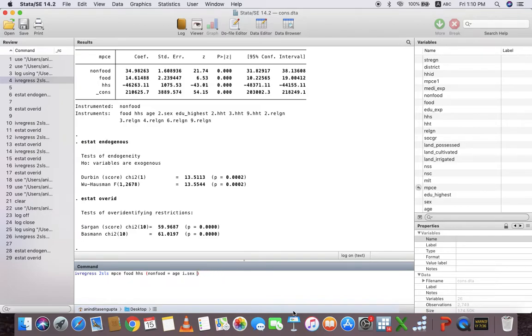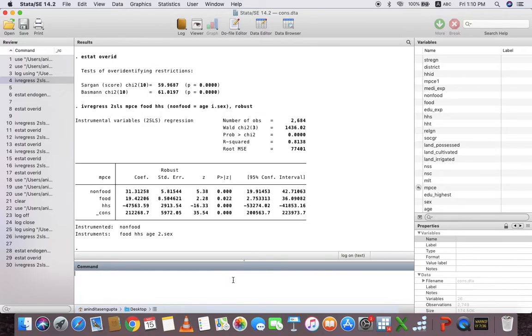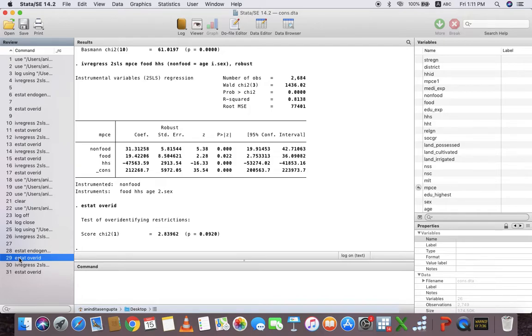Three instruments are deleted, and we are taking two instruments, age and sex dummy, and using the robust command. Then we use the over identification test. So we see that the p value is insignificant. Therefore age and sex are correct instruments.